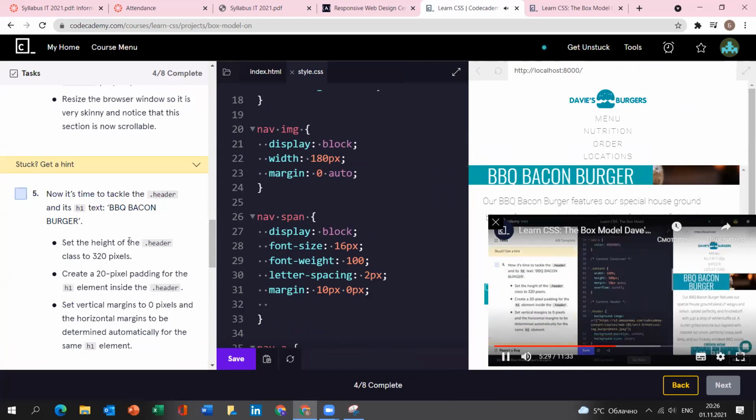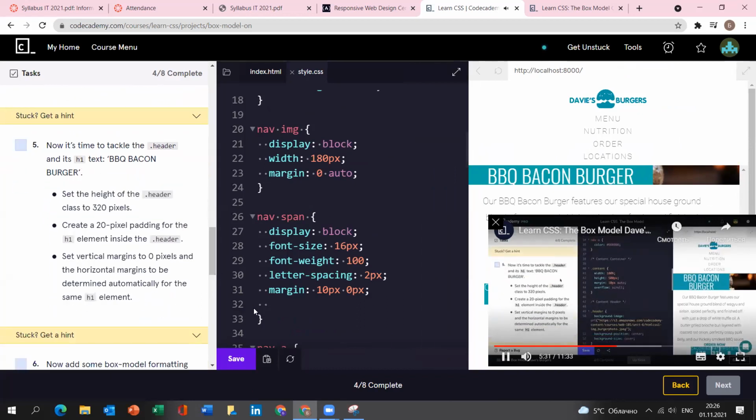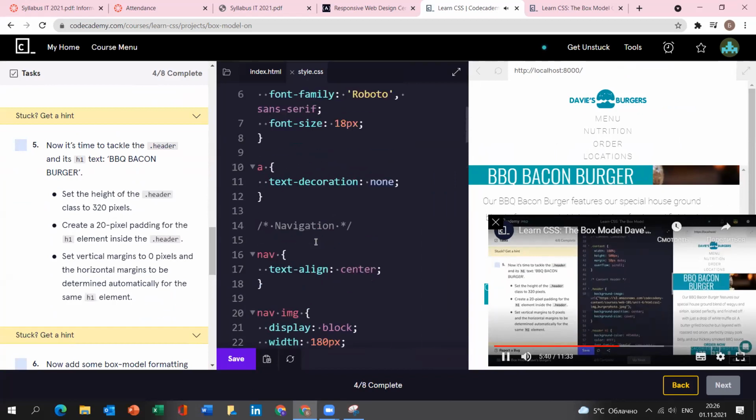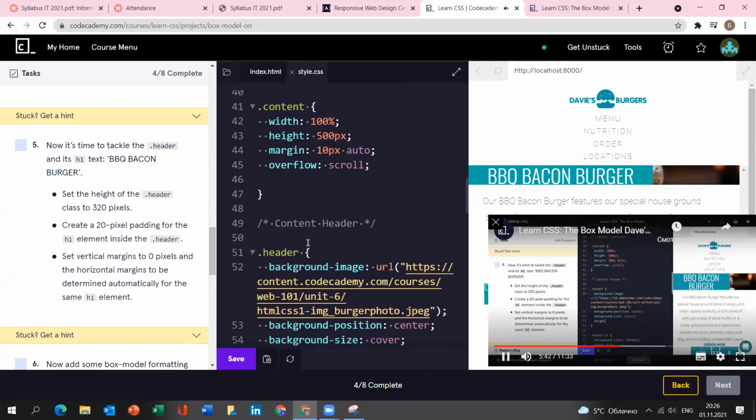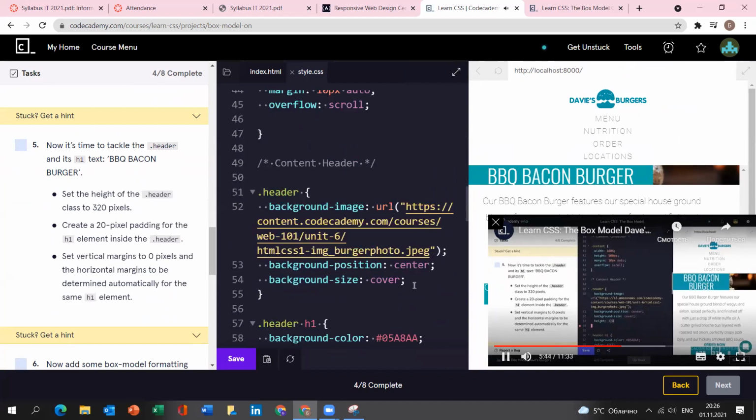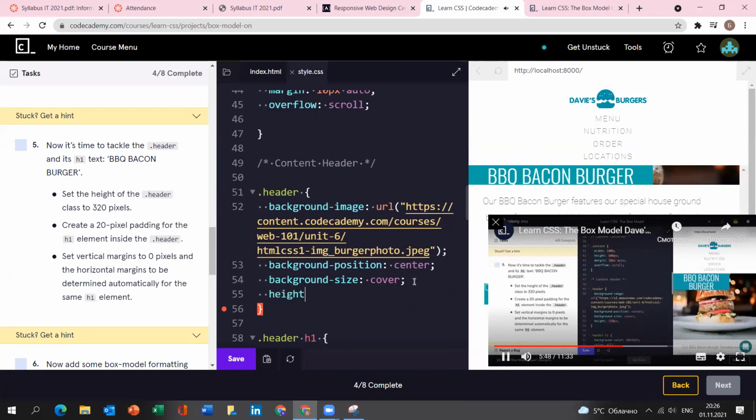Now it's time to tackle the header and its H1 text, barbecue bacon burger. Set the height of the header class to 320 pixels. Let's locate our header class element and set its height to 320 pixels. Let's save and observe the changes to the right. So we've increased our header size significantly to 320 pixels, and we can now see the picture clearly, though our